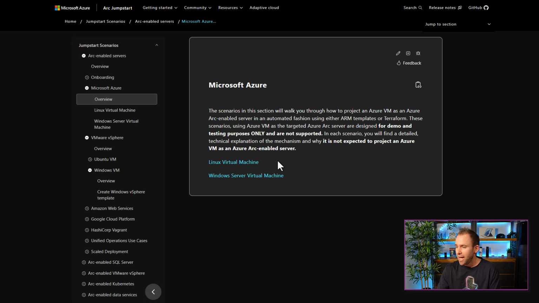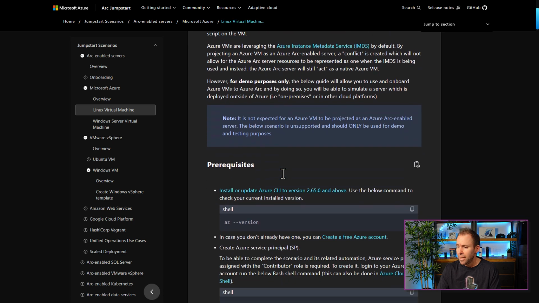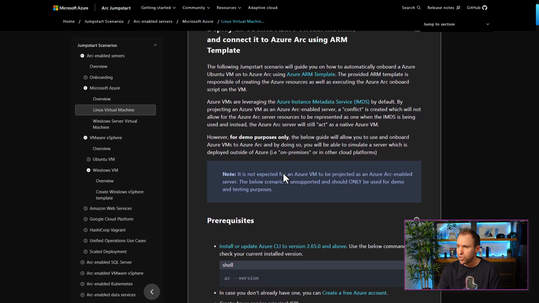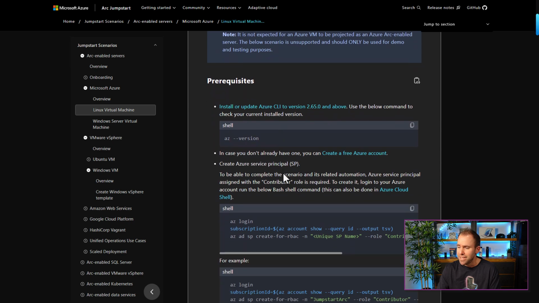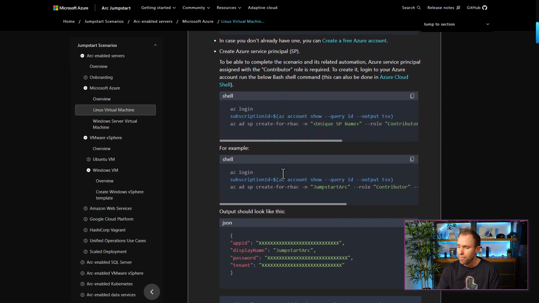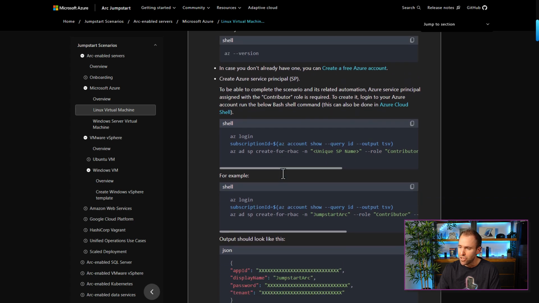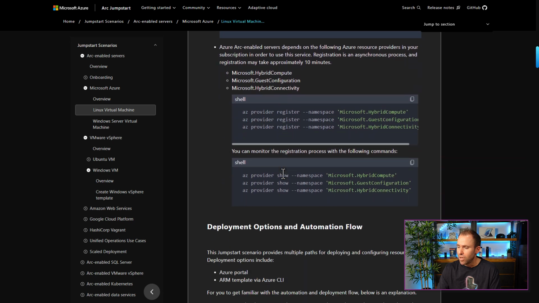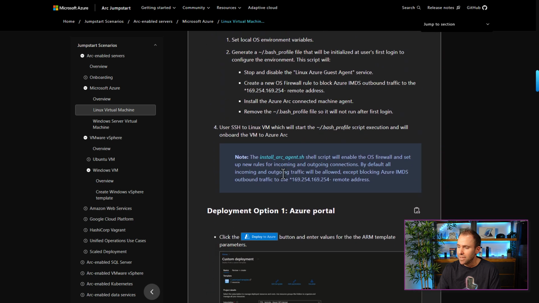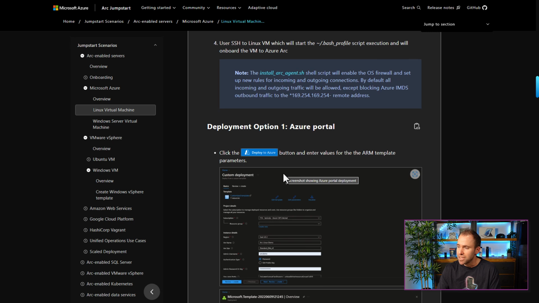So in this case, let's say we want to deploy a Linux machine in Azure, which then is managed through Azure Arc. I can click on this. And again, here I get a lot of description on what I need to do. But basically, I need to log in to my Azure account using the Azure CLI, and then run the specific commands so I can run a script to deploy this. Or we also have an option here which has this deploy button, and this will